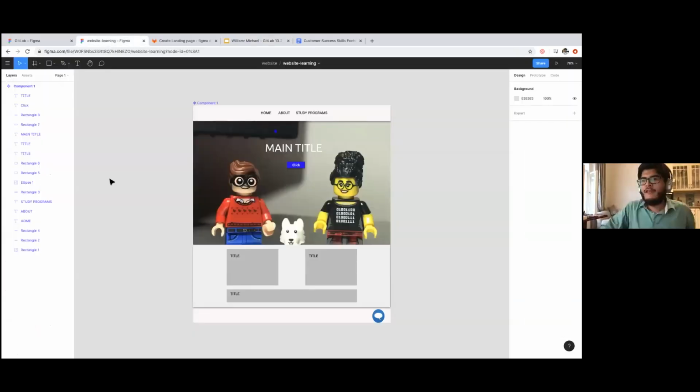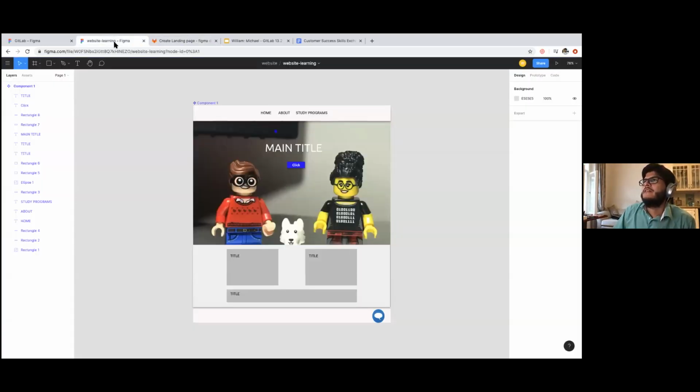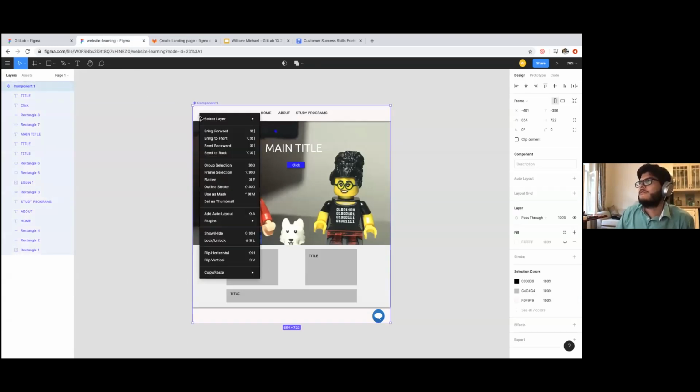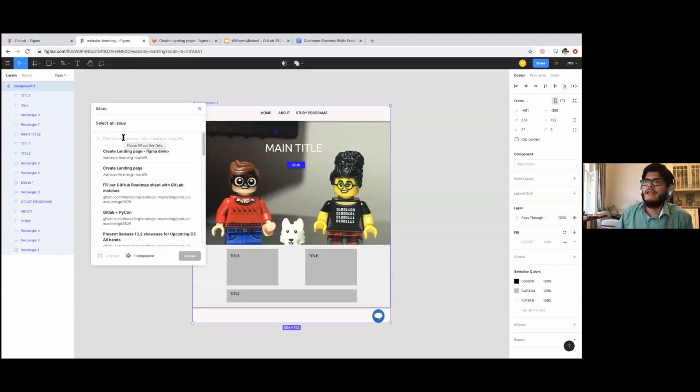Yes, hello. So this is more or less what was in the screenshots. I'm going to show it live. Like everything, we start with an issue. Let's imagine that I am a designer who was assigned an issue in which I am required to upload a design. Having this issue existing here and the plugin from Figma, what I can do is just right click, and here in the plugins, I will see GitLab. And if I right click on upload designs to GitLab, I will see, for example, the issues that